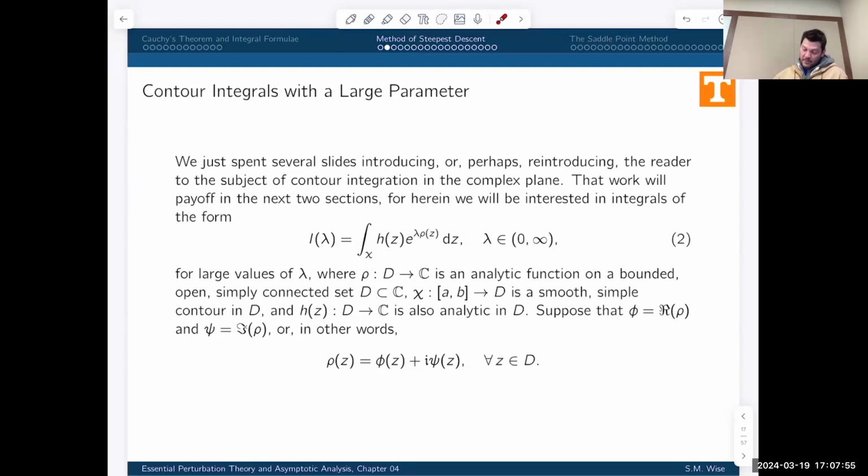Now, what we're going to assume is that rho is an analytic function on some bounded, open, simply connected set D, which contains this contour chi. And we're going to also assume that h of z is analytic in D. So the picture is,